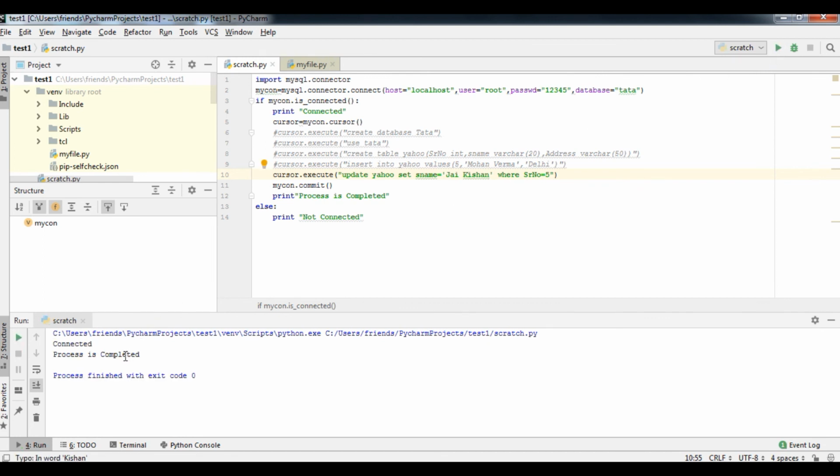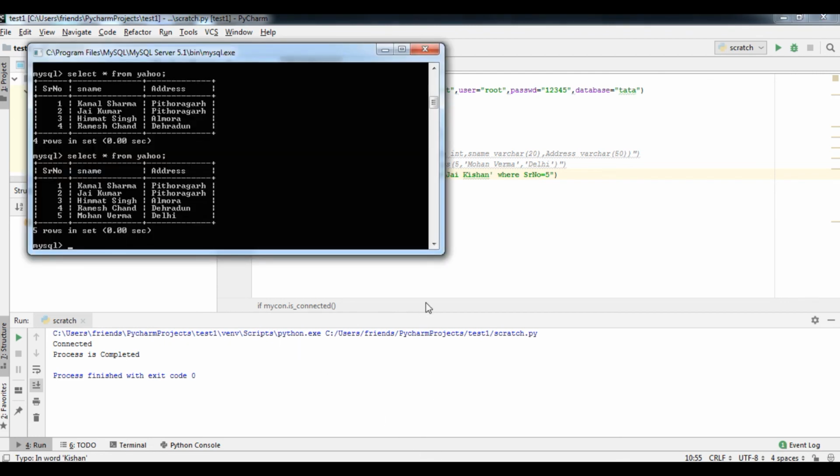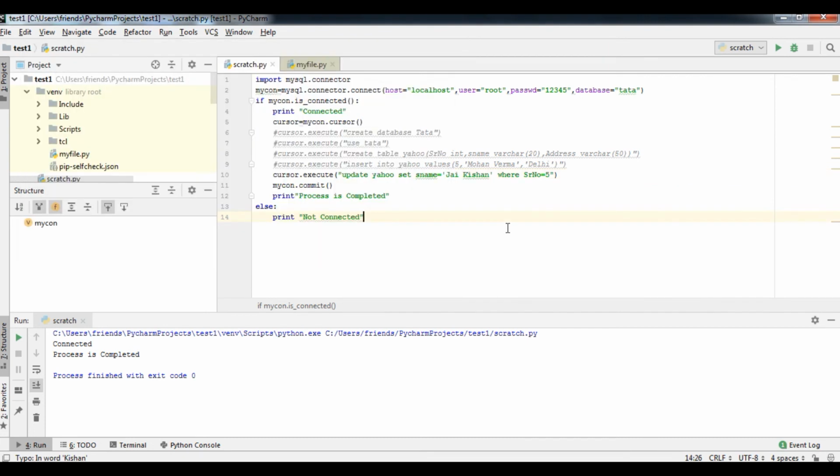You can see connected and process completed. You can give an appropriate message also, which will definitely be a useful message. So you can see in place of Mohan Verma, here is the message, I mean to say, the record name is changed to Jai Kishan. So student, I hope you have learned this particular updation process.